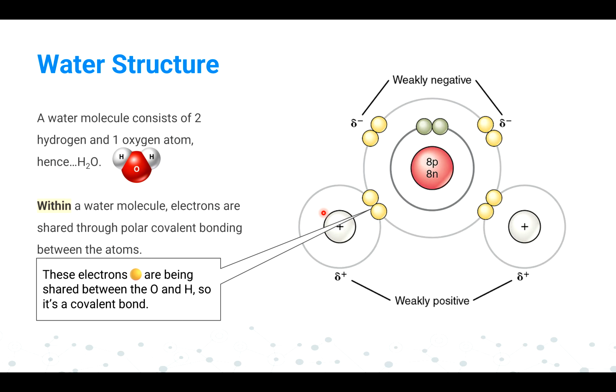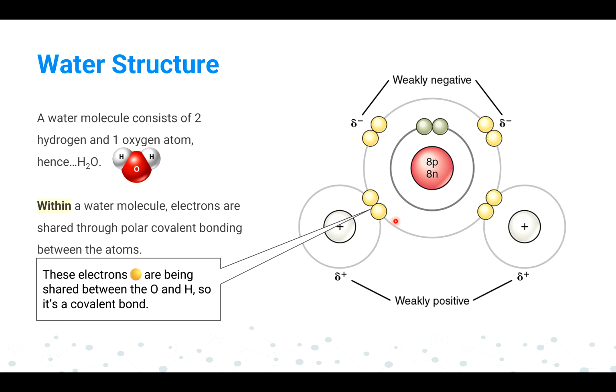Now let's connect to the water structure. So this is your atom, right? Water has oxygen. Oxygen has 8 protons, 8 neutrons, and there are 6 electrons in the outermost shell, right? And this is hydrogen. Hydrogen has only 1 electron, and this electron is being shared with oxygen. So this hydrogen also shares 1 electron with oxygen. Then you will find that the outermost shell of the oxygen atom has 8 electrons, so it is stable.